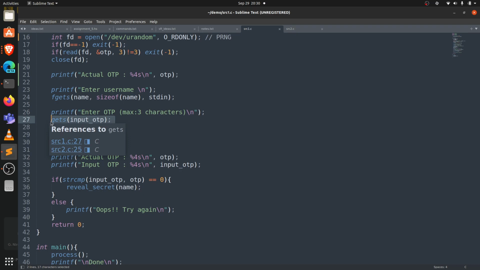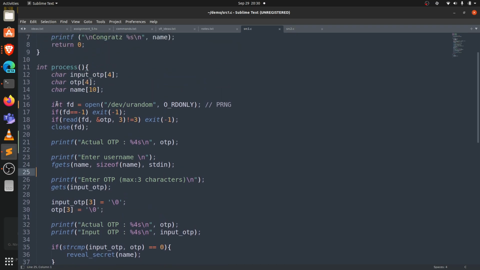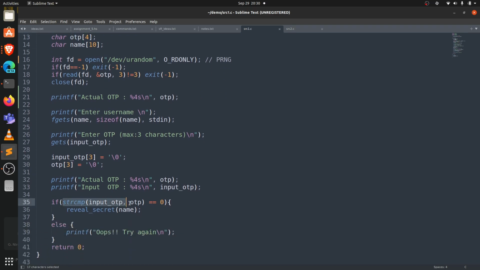where the developer has used the gets function to read the input OTP, which does not prevent the attacker from providing just 3 characters. Instead, the attacker can provide any number of characters, and that is misused by the attacker to corrupt the actual OTP, which is also being stored in the same stack frame, and succeed in this condition check and invoke the reveal secret function,